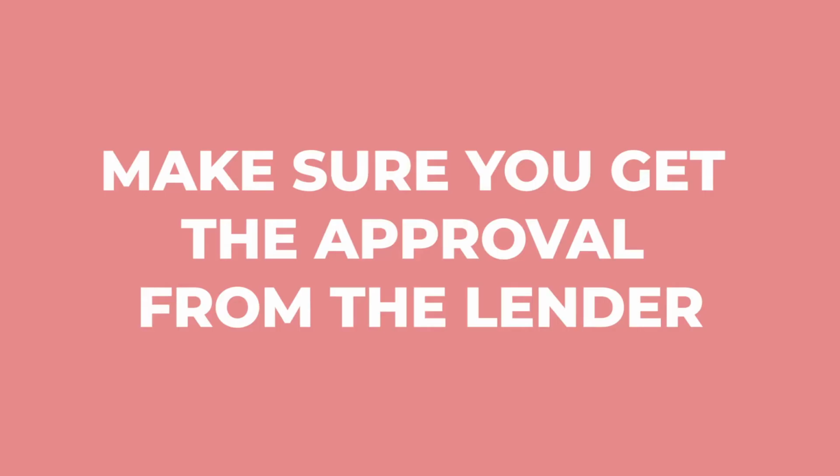Number 4, make sure you get the approval from the lender. You don't need to go out looking for properties if you don't have the approval from the lender. It's definitely like putting the cart before the horse. Doesn't make sense, right? So when it's that time, the lender will give you a pre-approval letter based on your